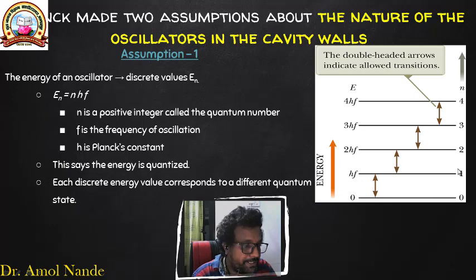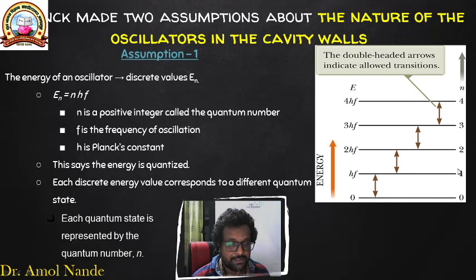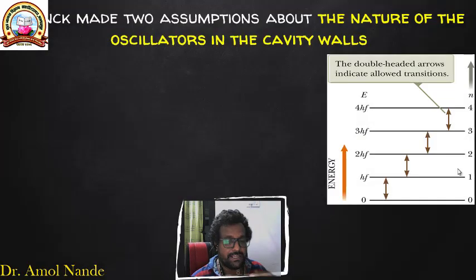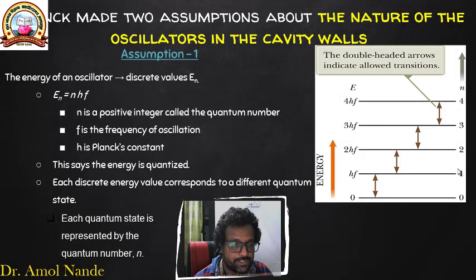So we can say that different energy states represent different quantum numbers. Each energy state is represented by a quantum number. That is the first assumption. In the first assumption, he defined the energy of the oscillator, that is E is equal to nhf, and he said that each quantum state or energy state is represented by a quantum number, that is 0, 1, 2,